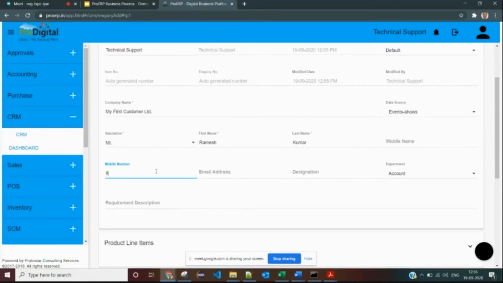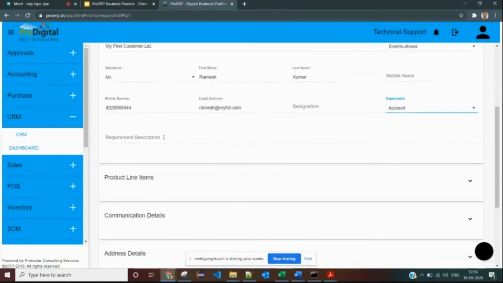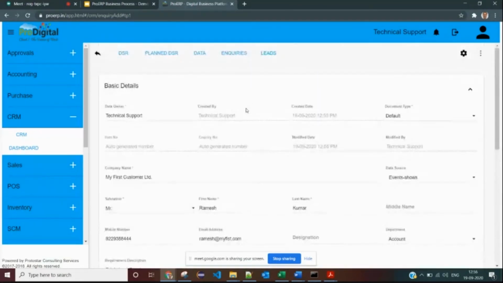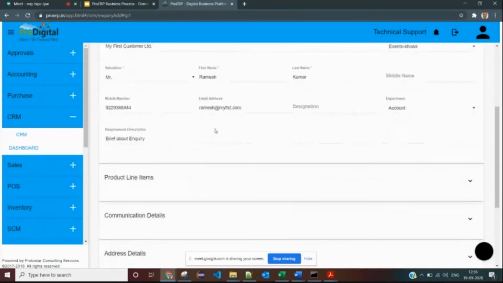If I have details of that person, I'll put number, his email address, designation, his department, etc. You can put brief information about the inquiry. I think this is the minimum data that we can create while punching in the inquiry in the system, but you can go ahead and